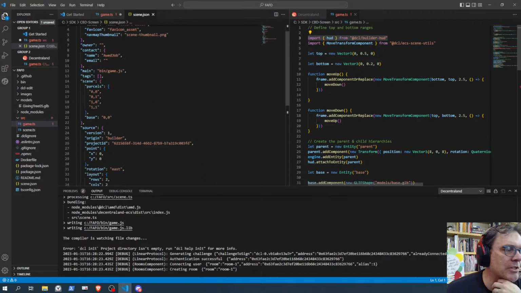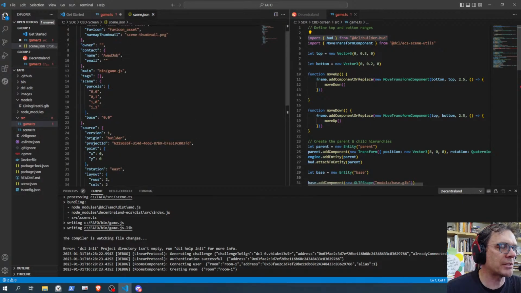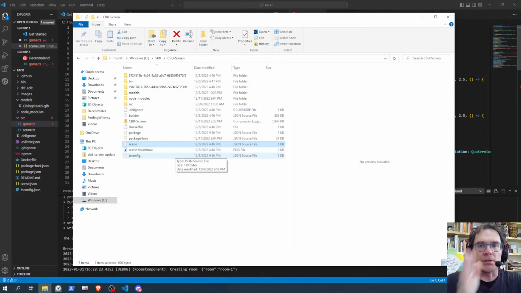Yeah, that's what I'm checking. So right now, over here on my left panel, I'm looking at my scene.json file to see if it's in there, because this is the CBD screen. This is the one that I did with Lastrom, and he's like, okay, you need to take a video screen, and this is the parent-child thing that I was telling you about. I needed to have a separate model and then make that the parent of my video screen object, right? I had to make that the parent and the video screen object the child.